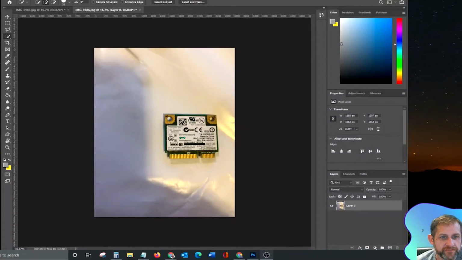Alright guys, we're going to do some Photoshop today. First thing we're going to do is remove the background and do some eBay images. So I have this very small card right here. A couple things you can do. First we want to select this object, and to select that,